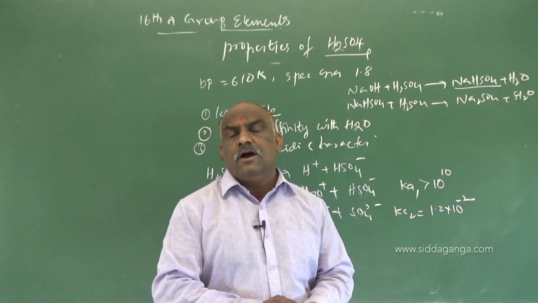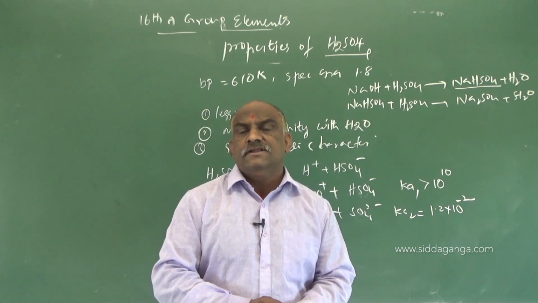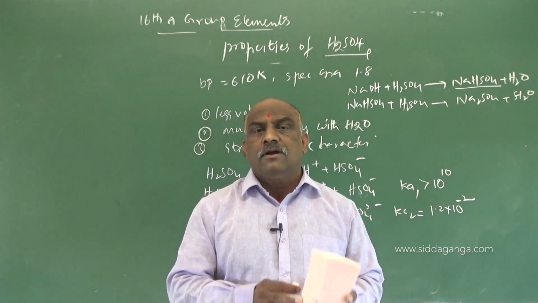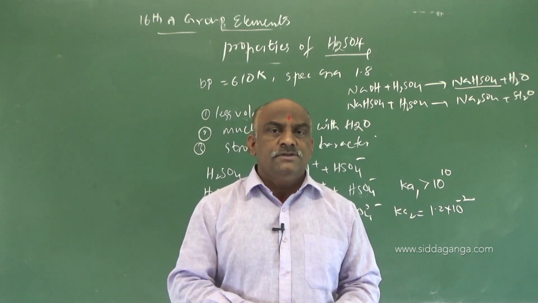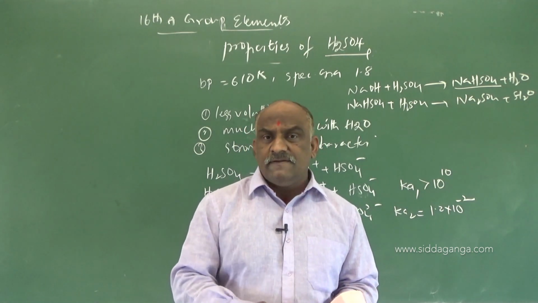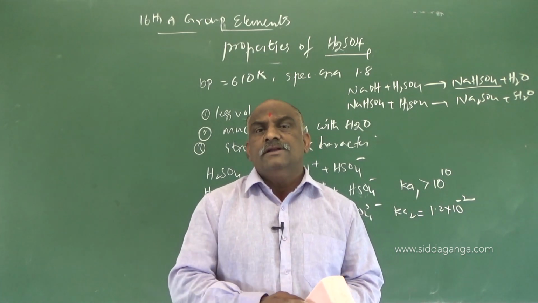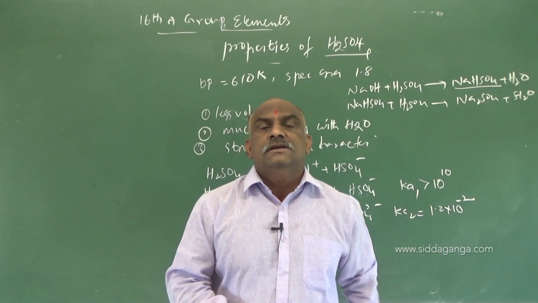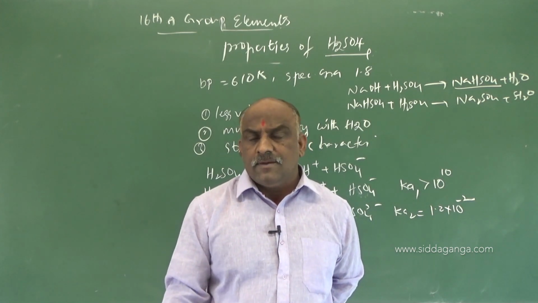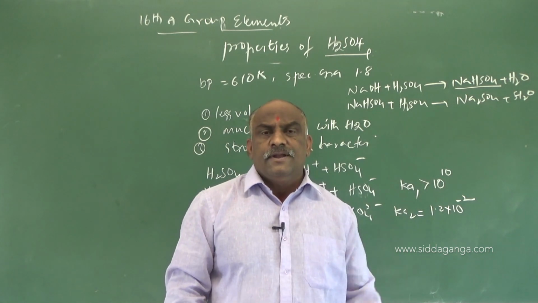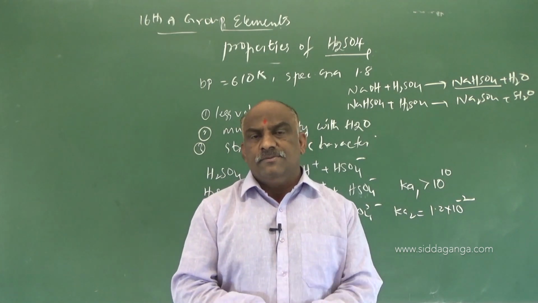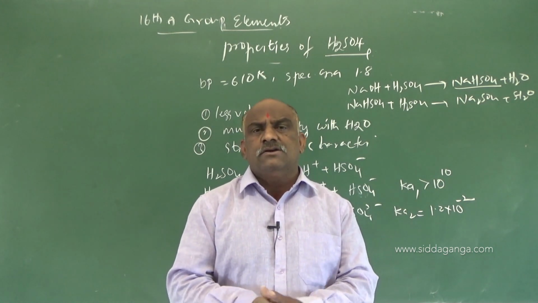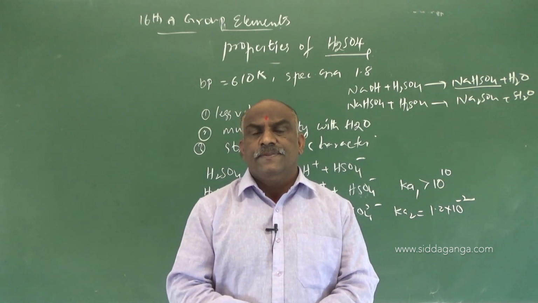Reaction with copper, reaction with carbon and reaction with sulfur. So in those reactions, copper is oxidized to copper sulfate, carbon is oxidized to carbon dioxide, sulfur is oxidized to sulfur dioxide. So that is also one of the points. The chemical property of sulfuric acid is explained based on the oxidation behavior. It acts as an oxidizing agent, supplying oxygen.